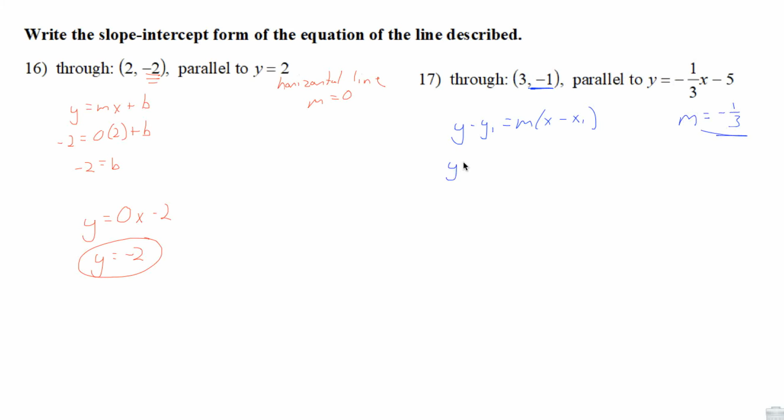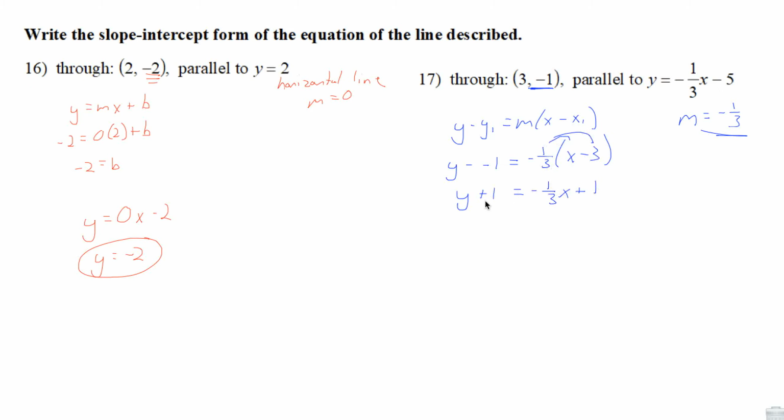So y minus negative 1 equals the slope, which is negative 1/3, x minus the x value, which is 3. This is y plus 1. We will distribute. So we got negative 1/3 x, and then negative 1/3 times negative 3 is going to be